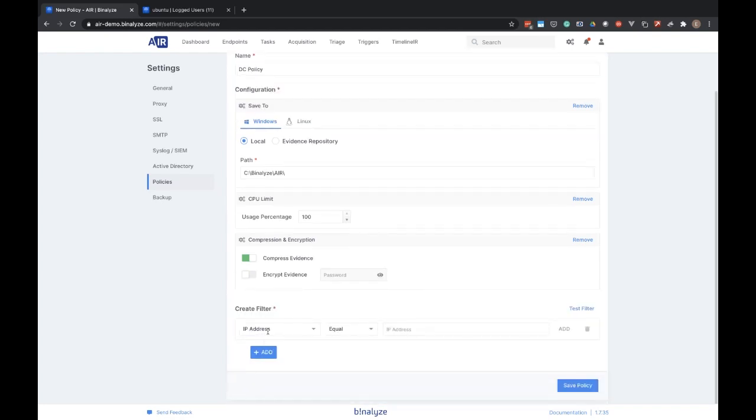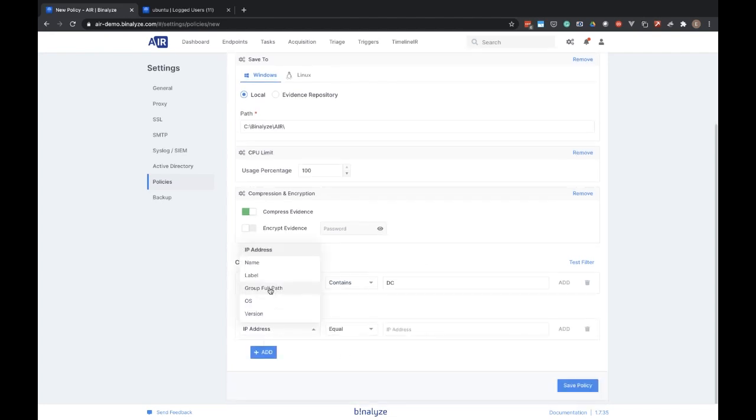So adding a new condition, for example, let's say all the machines that have this string in their computer names. Let's say DC. If the machine has a DC string in its computer name, this policy will be applied. You can enrich this filter by adding new conditions, such as a regular expression. For example, if it matches, let's say, DC, and when you save it,